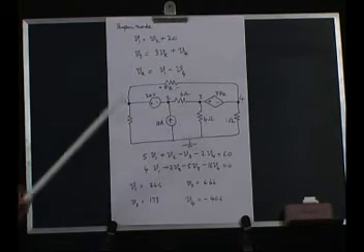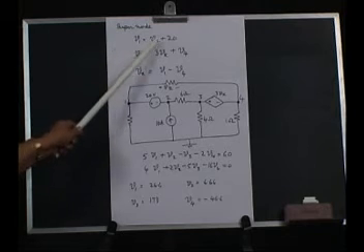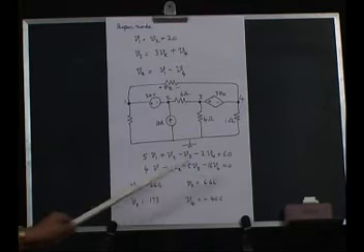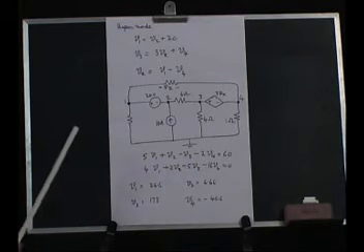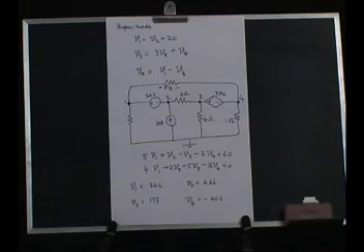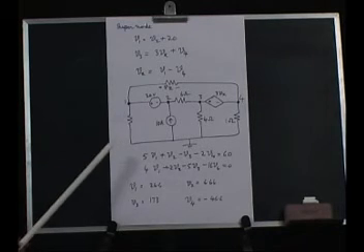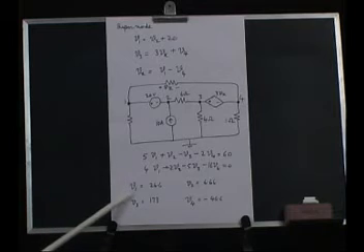What it means is, instead of V1 we substitute this here in this equation, instead of V3 we substitute this in this equation, and then we eliminate V2 also. Finally, we will get the value of V4. Then we back substitute and find the values of V2, V1 and V3. So, that is how we get it.